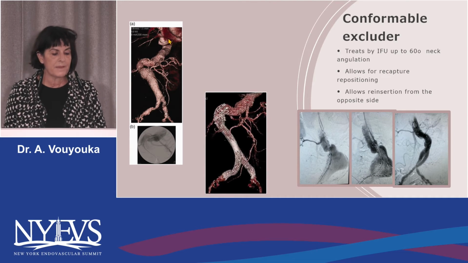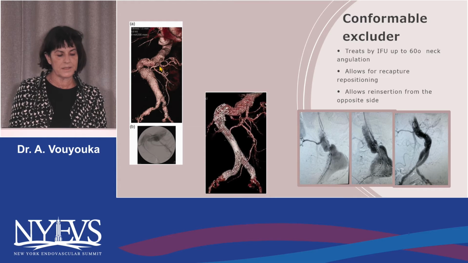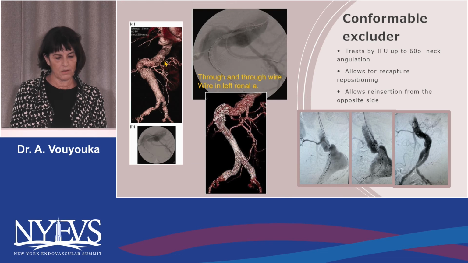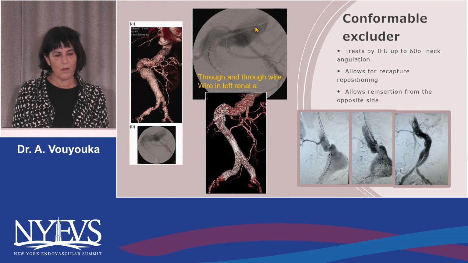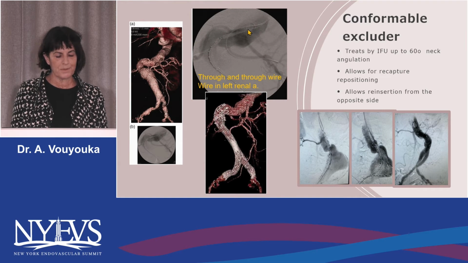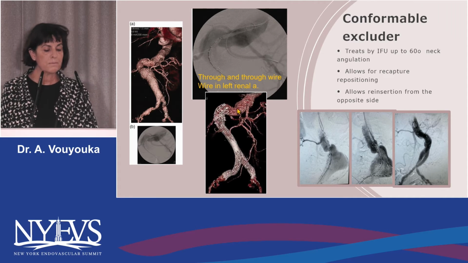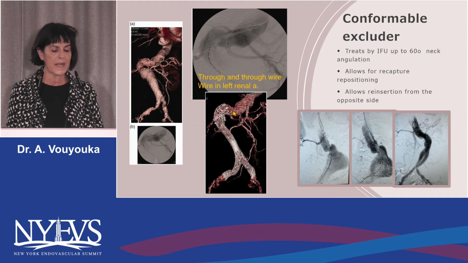This is a very, very angulated neck. It's almost 90 degrees, treated successfully with a Gore device. The operator wasn't me. In this procedure, they used a through-and-through floppy wire from the axillary artery to the femoral artery, a wire into the renal artery, and most importantly, they started the deployment way high, above the renals,